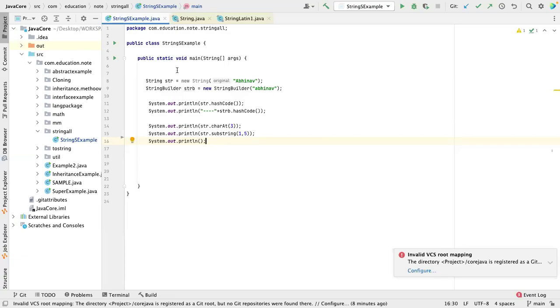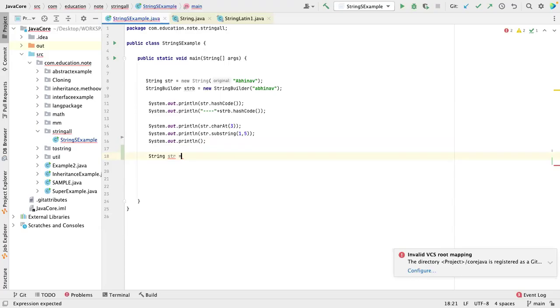Okay, so we are clear about this substring method, right? Today we'll see some more methods. Let me take one more string, str equal to, let's assume,